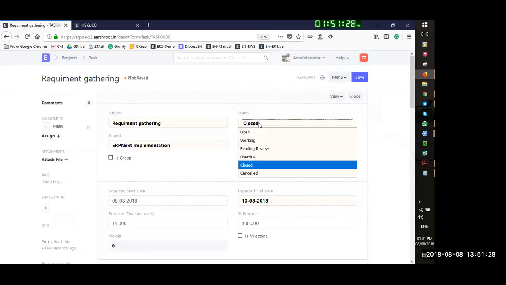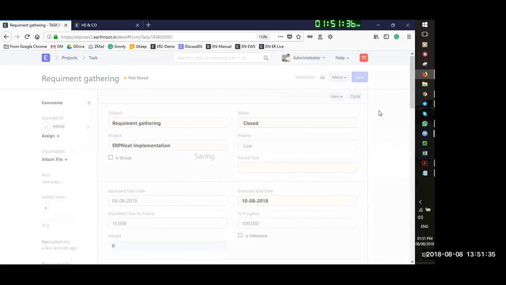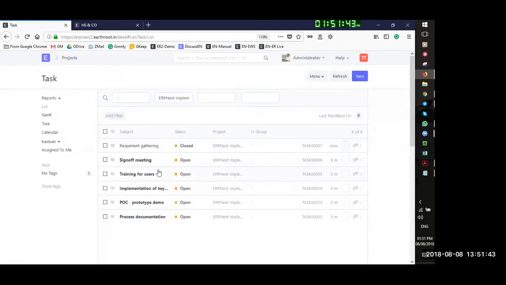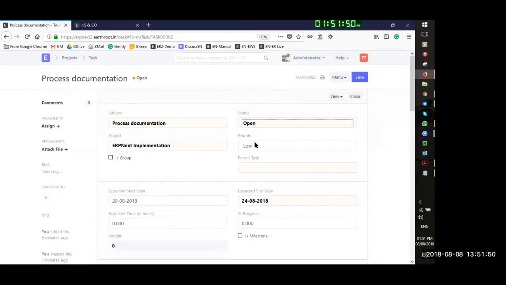So I can accordingly change the task status to open, working, overdue. Let me put the requirement gathering task as a closed task. This has finished, so it has changed now to yellow as the task is completed. Let's say the other user who was assigned the process document is in the working stage. So I can put it as working, and the expected time was initially assigned as 20, and he has finished, let's assume, 50%,